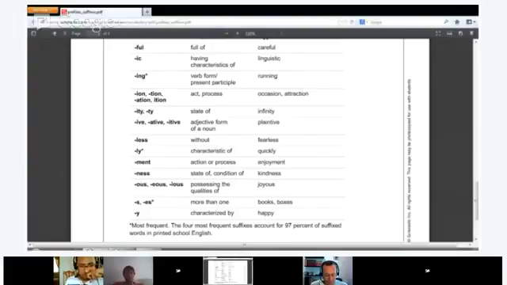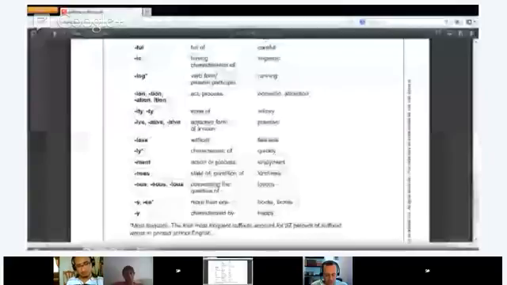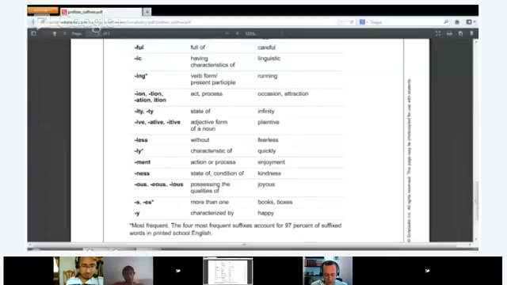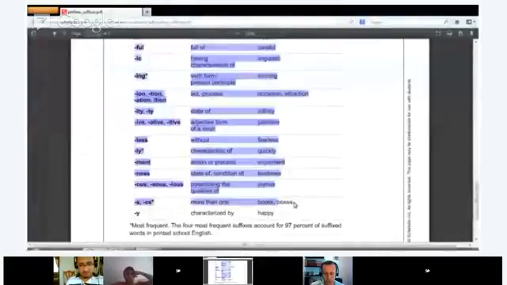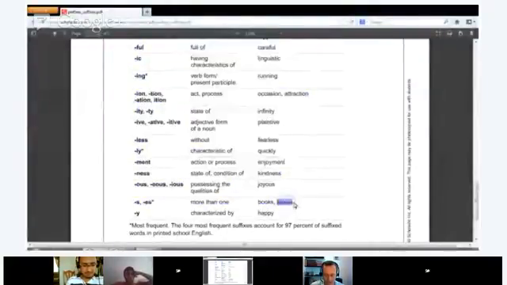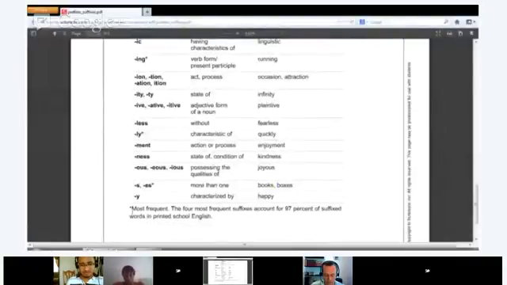Let me have you do the last three, please. Ous, ious: joyous, possessing the qualities of, joyous. S, es: more than one, boxes. Y: characterized by, happy. Okay, good. So in these words, that first word here is going to be joyous. Try that. Joyous. Okay, good. And this word here is boxes. Boxes. Good, excellent. And here again it says the four most frequent suffixes account for 97% of suffixed words